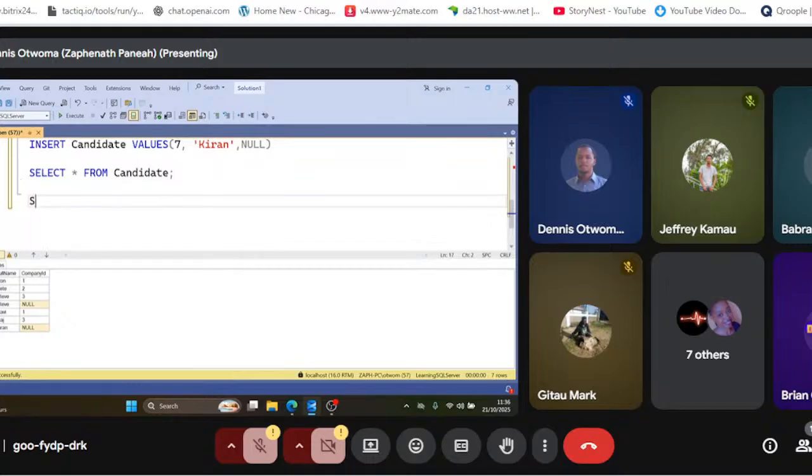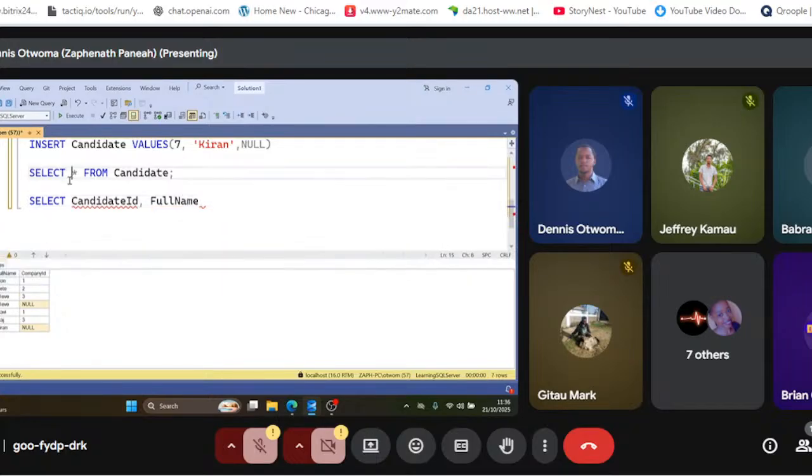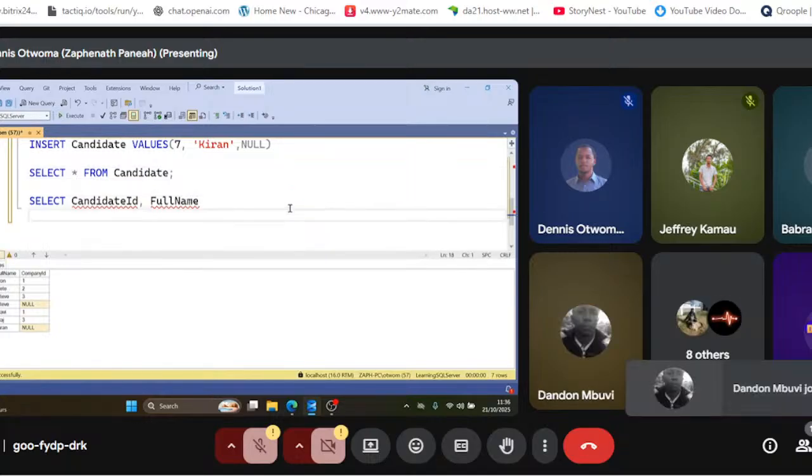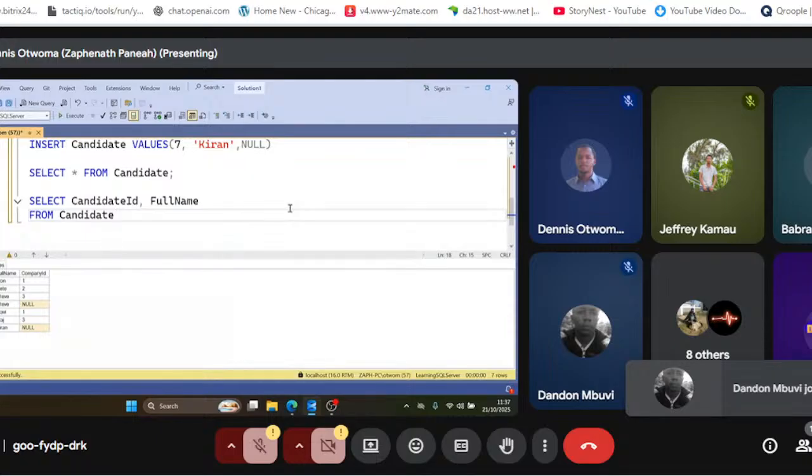do it. Select and then you specify the fields from the first table. Okay, so our first table here is the candidate table. From the candidate table, we want the candidate ID. Okay, we also want the full name. Maybe those are the only two things that we want. So select the candidate ID and the full name, and then we want those to come from the candidate table, and what you want to do